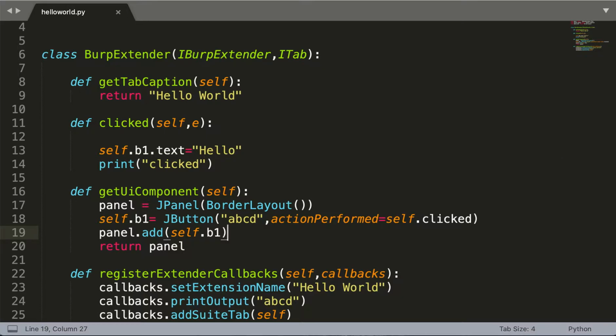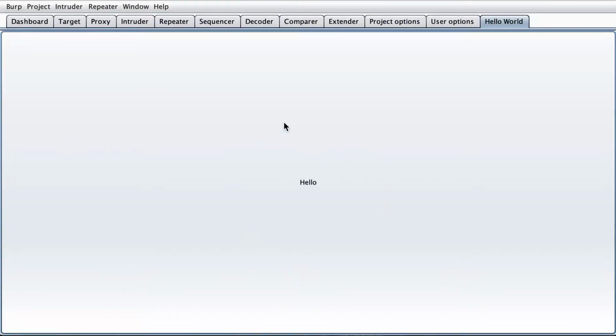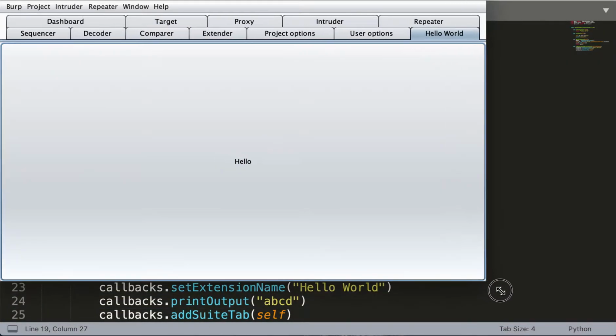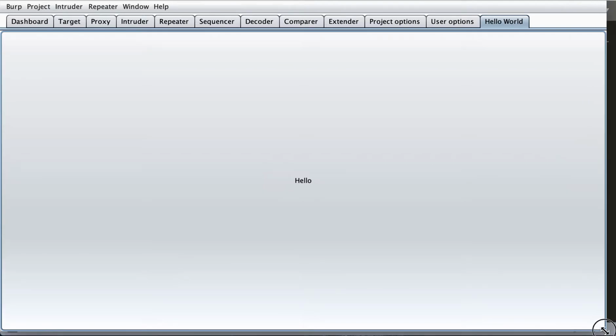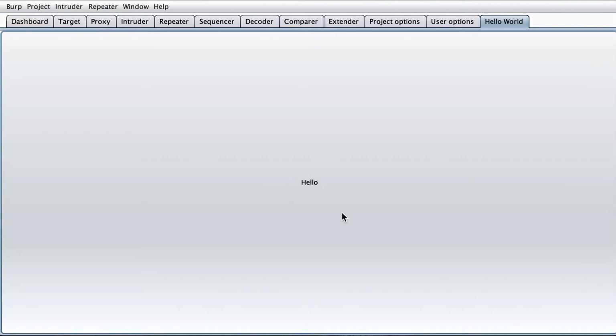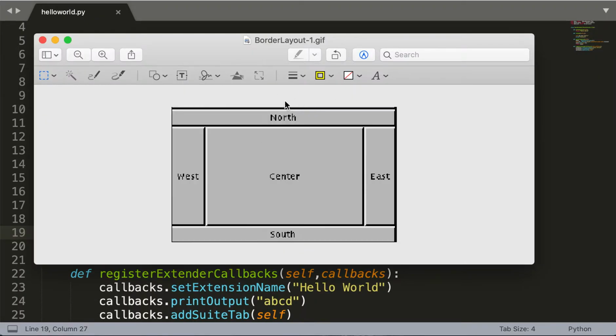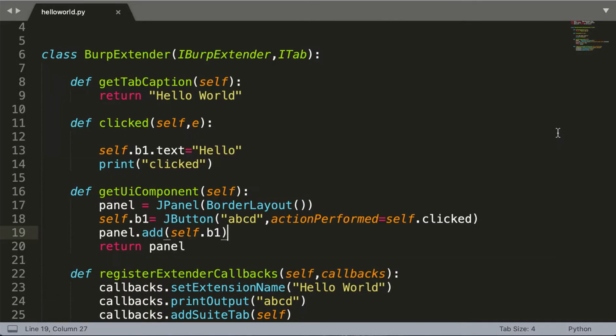In our last video we created this button, but you can see that this button is basically the entire screen, and if I resize this, it gets resized, but that is it. Now, in order to place this button at the top, we'll be implementing north.